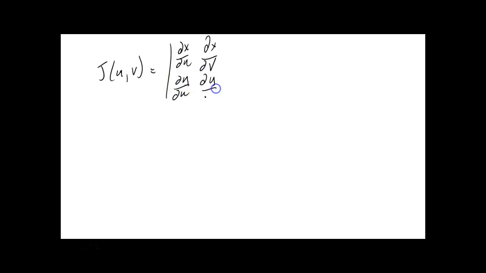Okay? Here's the Jacobian of a two-dimensional system. When you have two independent variables, u and v only, then this is going to be the determinant of partial of x with respect to u, partial of x with respect to v, make sure, yeah, partial of y with respect to u, partial of y with respect to v. Okay. Now,